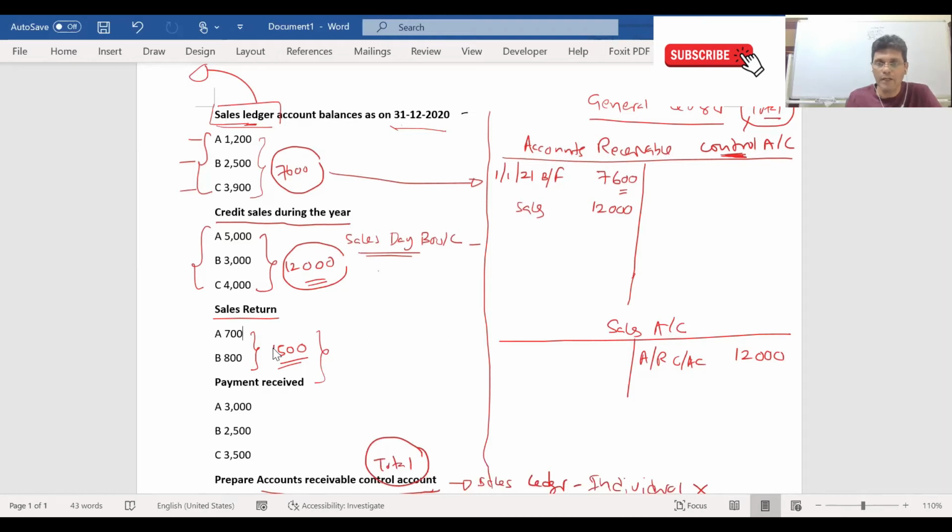So what is the double entry for sales return? You need to credit your control account, right? You credit the control account with the sales return, and the sales return account should be debited with 1,500. Okay, next one,